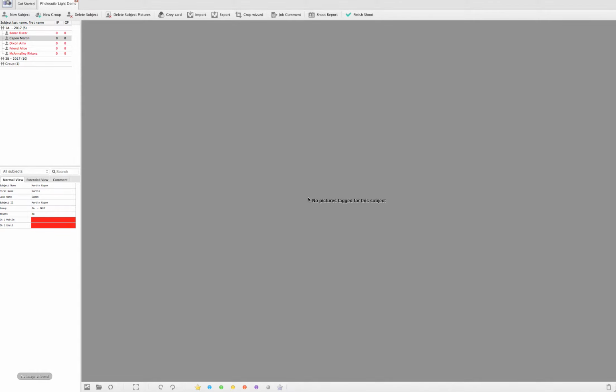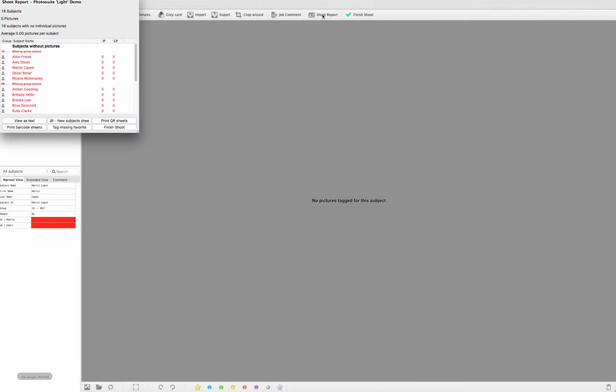Hi, this is a tutorial for Photosuite Light. It'll give you a brief understanding of the workflow that is involved. Once you have imported your subject data, that is, for example, first name, last name, and group of each child or subject, then you can simply go to Shoot Report